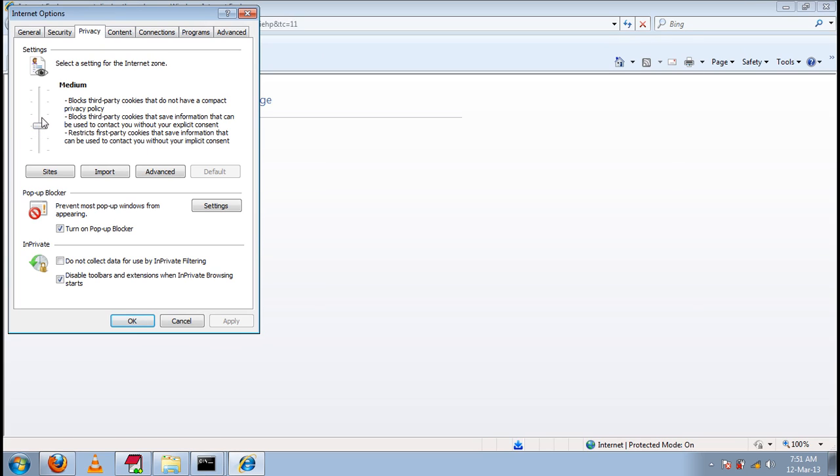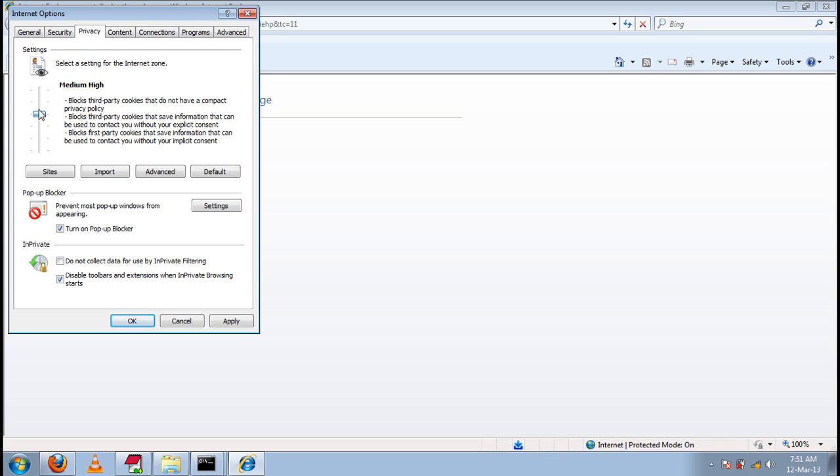there is a tab named privacy. In privacy, it tells that medium cookies will be available. There is a range: accept all cookies, low, medium, medium high, and high.